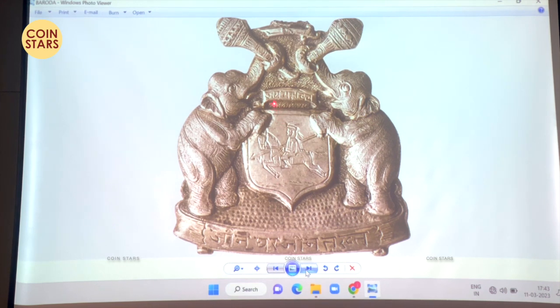This is also from Baroda. 2 elephants holding a gada in their trunk, और जय महादेव. और ये यहाँ पे शील्ड में cavalry man going at full gallop. जीन घर जीन तख्त. The original Gaikwad who established the state was a first class cavalryman. और इसका मीनिंग होता है जीन ही मेरा घर है और जीन यानी सैडल मेरा तख्त है.